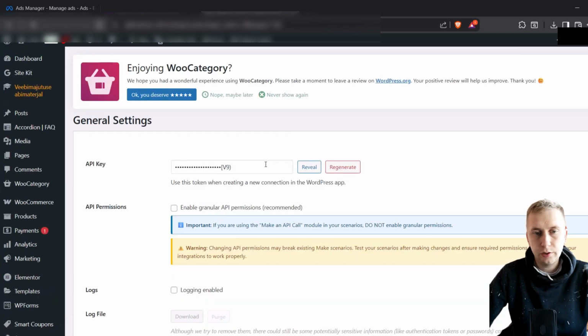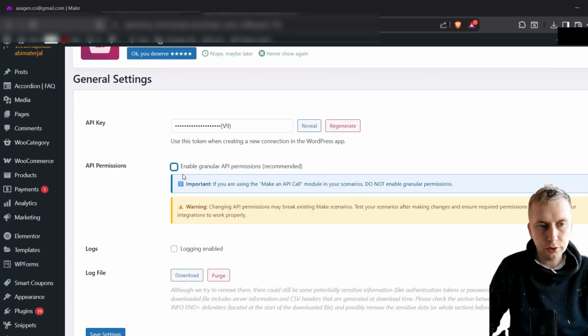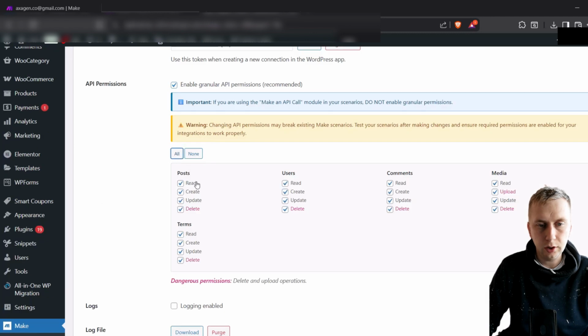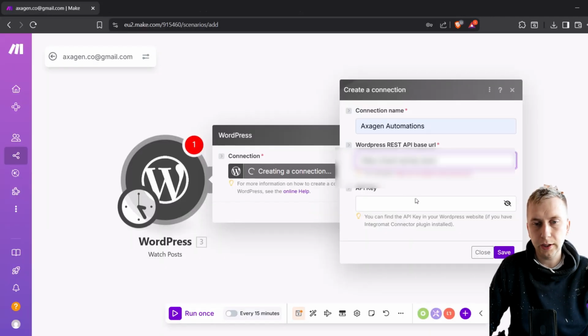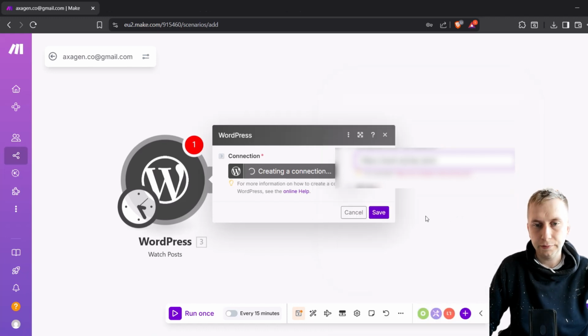And here you're gonna see your API key, and I'm gonna click reveal and copy this one. Next thing that you're gonna need is API permissions. Click on it. I will click on all and then save settings. And now if I go back here in make.com and paste API key and click save, and if it is